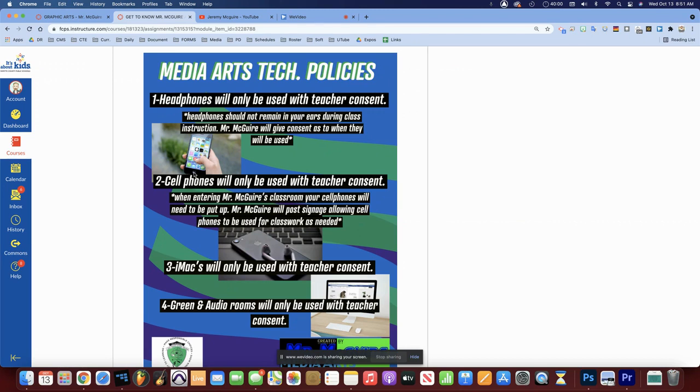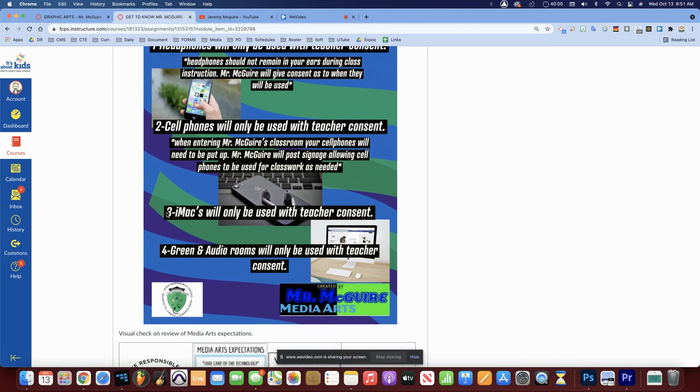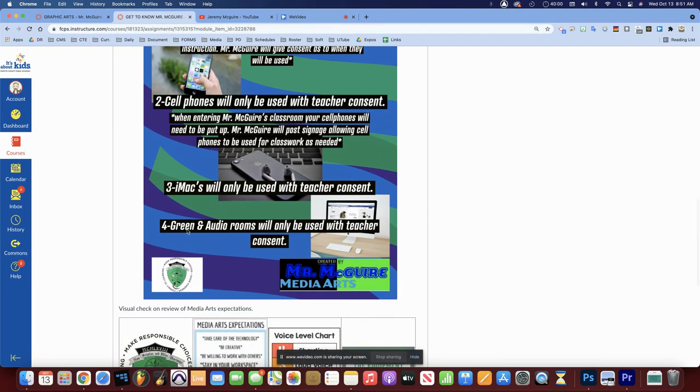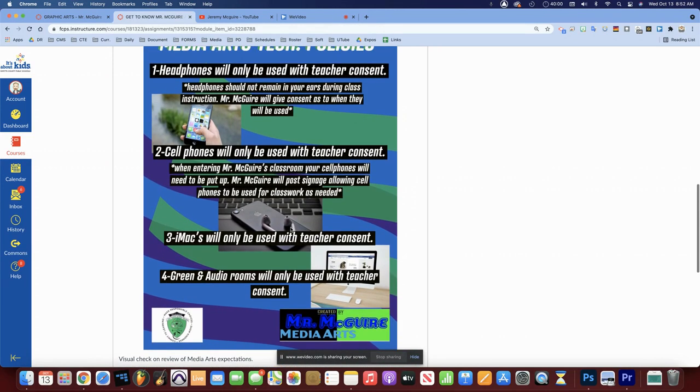Okay. As I go through, please make sure you type number 1, just the heading. Headphones will only be used with teacher consent. You type that. Number 2, type cell phones will only be used with teacher consent. Number 3, type iMacs will only be used with teacher consent. Number 4, green and audio rooms will only be used with teacher consent. So those 4 things you need to make sure that you have on your